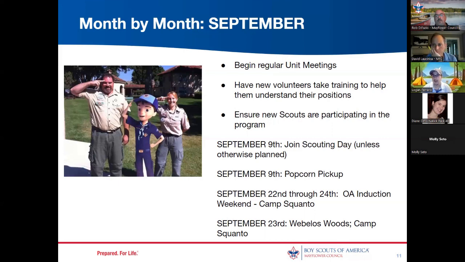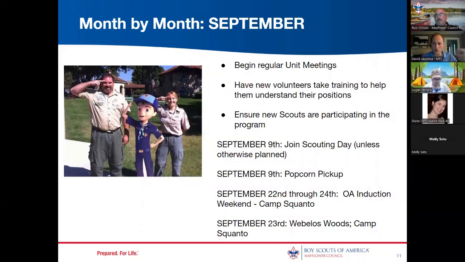Especially since Webelos and Arrow of Light years are the first years that you can start doing den campouts or den activities that are truly separate from the pack. It's a really great experience to have your whole den attend this event together. Registration is now up on the website and ready to go. Yeah, and I highly encourage Webelos Woods. In addition, we'll talk again a little bit about doing the joint activities with the troops. But Webelos is a very crucial age group for the scouts, as that's when they're making their decision as to whether or not they're going to continue.